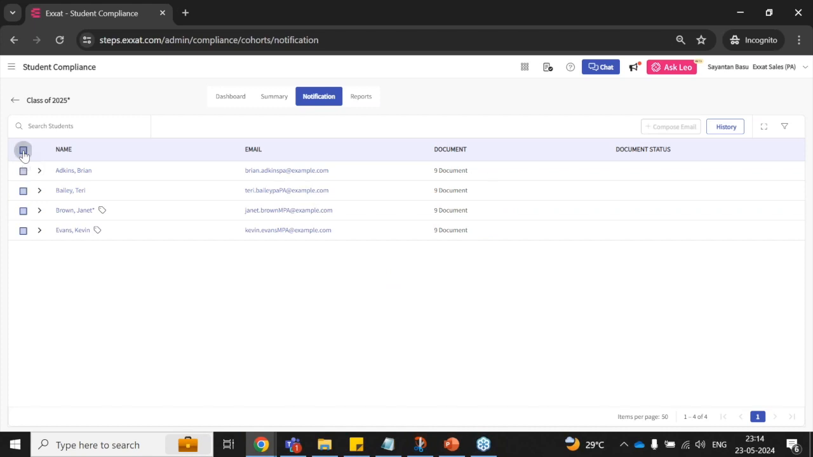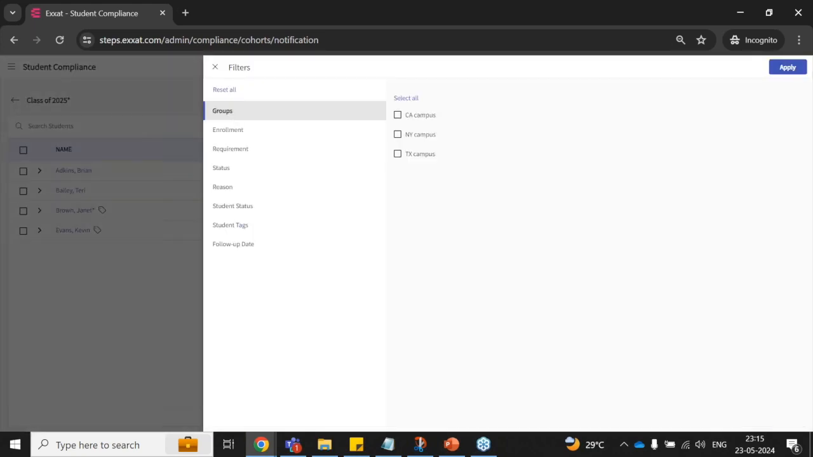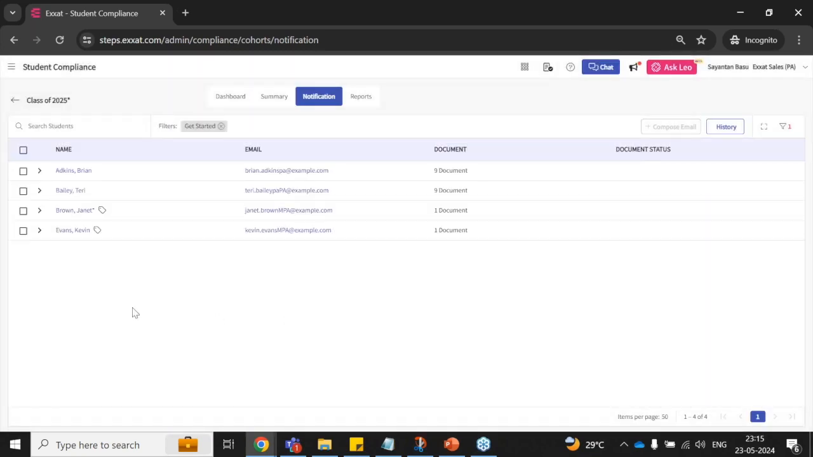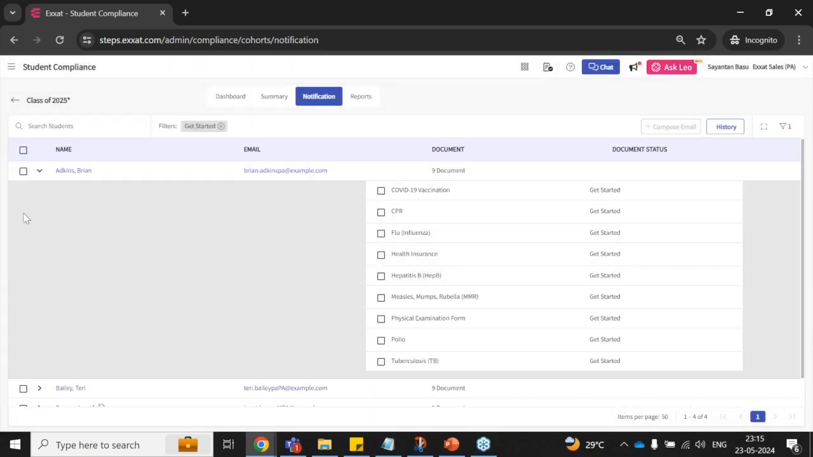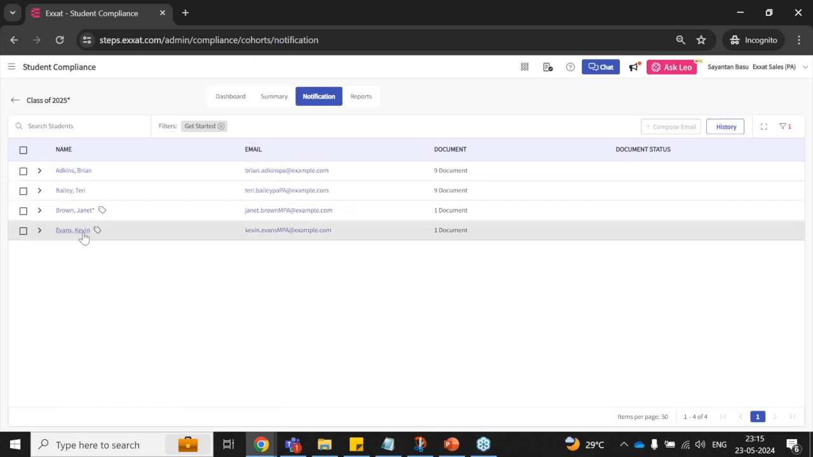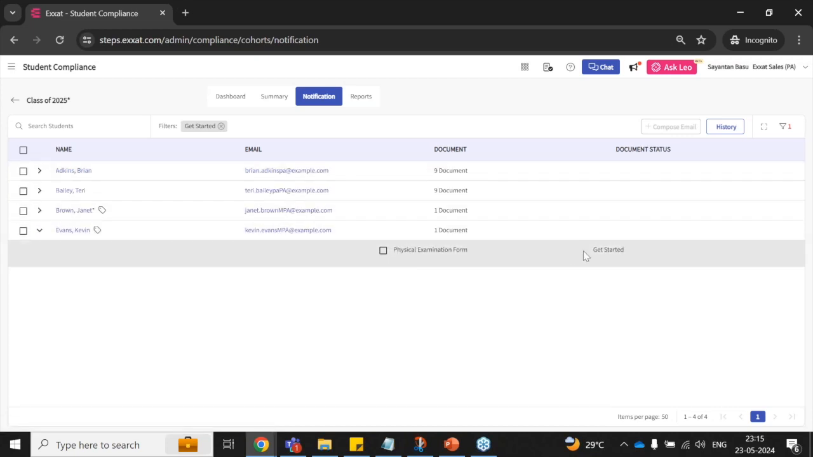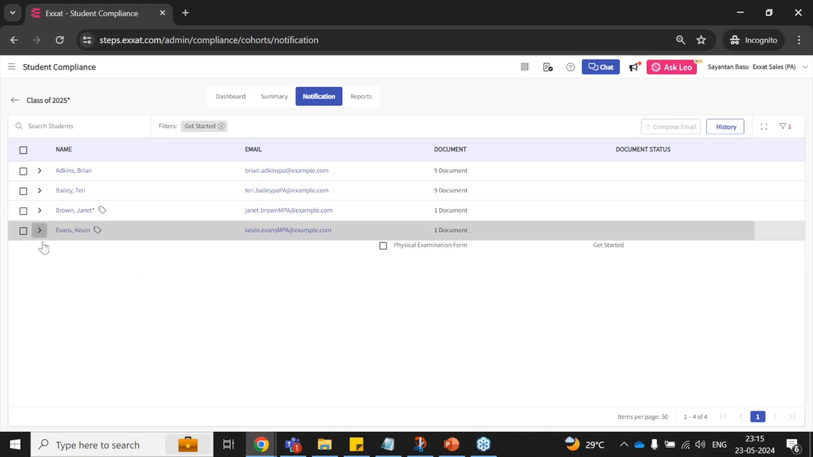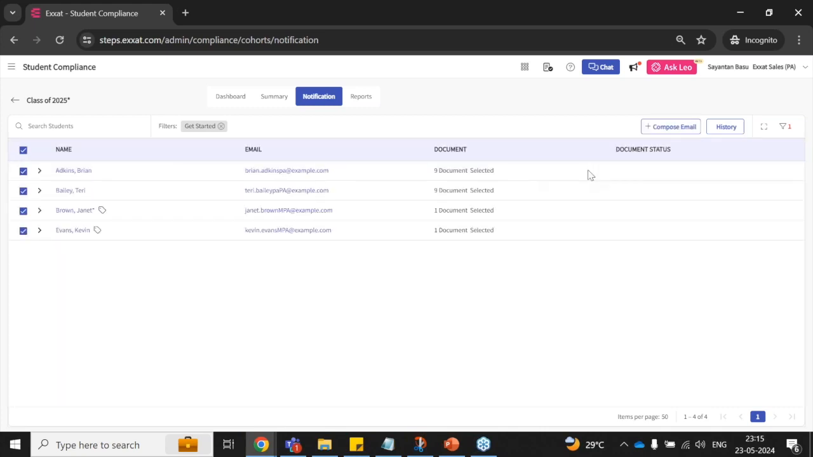Also, if you don't want to go by this route, here is the filter option. You can find it on the right side of your screen, where you see my mouse cursor. You can click on the filter, come to the status filter, and simply select get started and filter. And the system will only filter the get started ones. So you see, we were seeing the example for this student, and only the get started is showing up. Now you can simply select all the students, and then you need to click on compose email